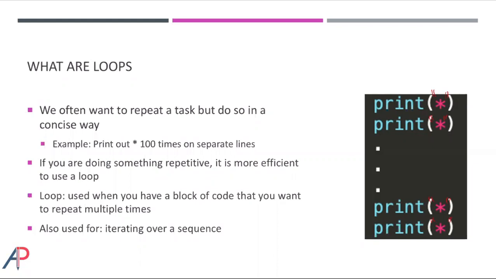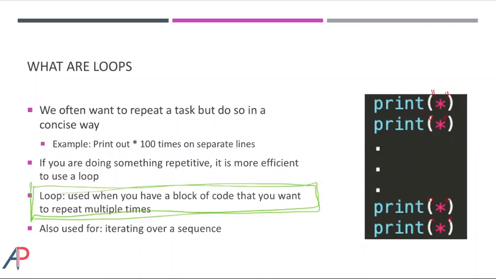A loop is used when you have a block of code that you want to repeat multiple times. It's also used for iterating over a sequence. For the first part of our class at least, we will be using a loop for this only. Later on, maybe in 1 month, we'll do the other. But for now, we're going to be focusing primarily on executing a block of code that you want to repeat